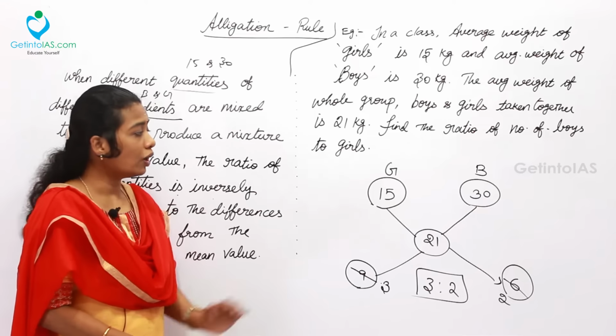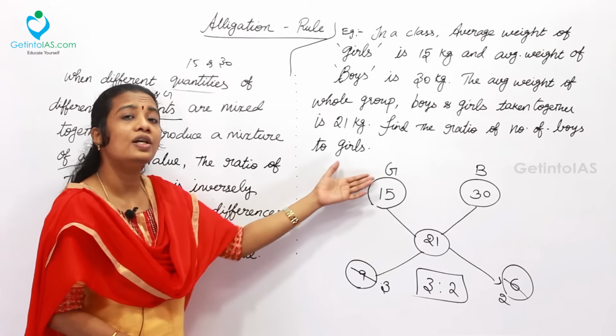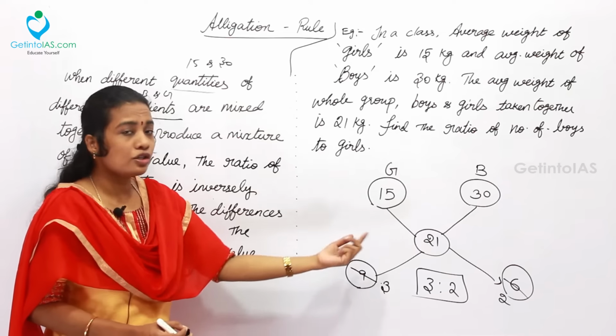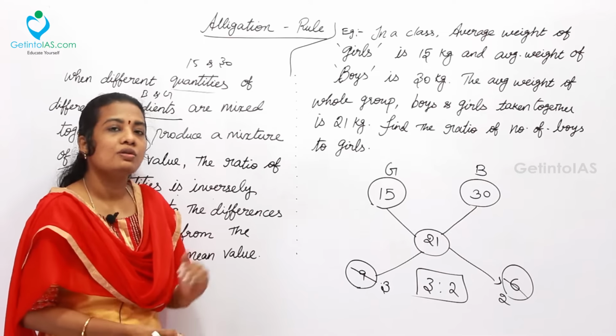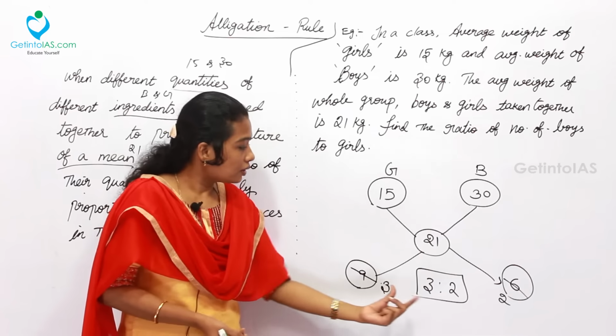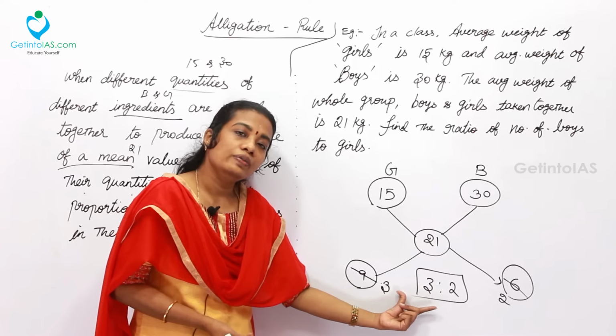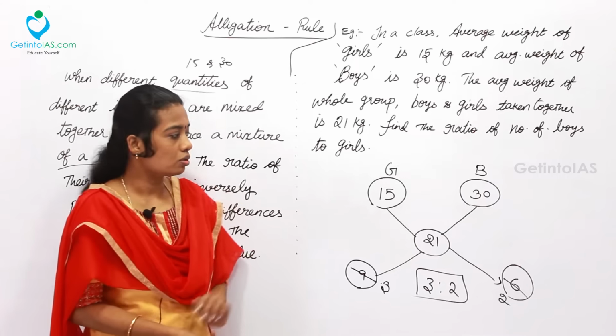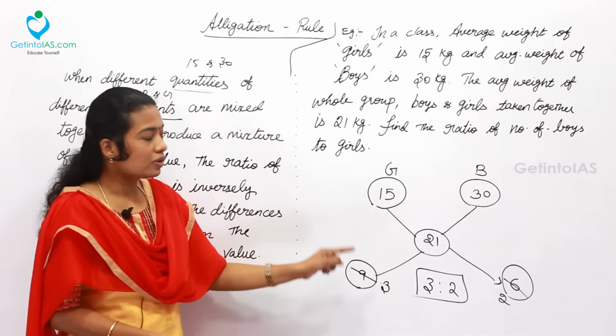The process is over now. What have we done? We have done the alligation method. We got 3 ratio 2, which is the ratio between girls and boys. From this, we can directly get the ratio 3:2. This is the final answer. Sometimes they can give you the number of boys, and ask for the number of girls. At that time also, you can find the real value for the girls with the help of these ratios. So in a single step we got the answer. The alligation method is very useful in solving most kinds of complex average and profit and loss percentage problems.